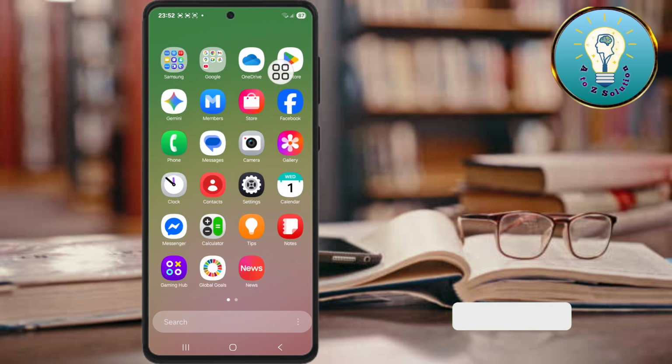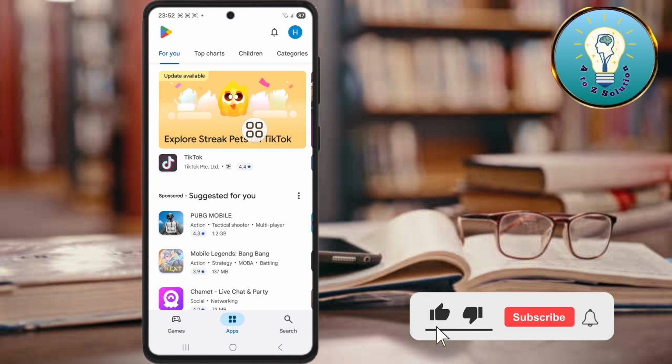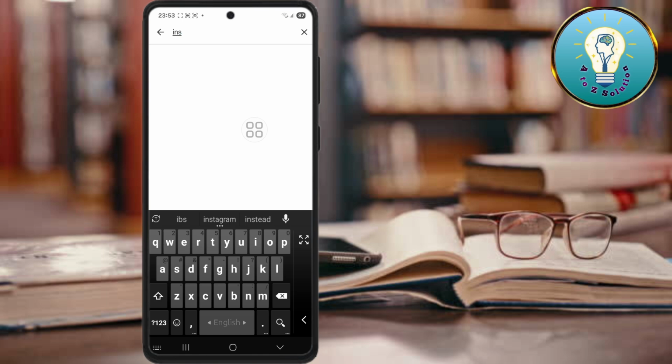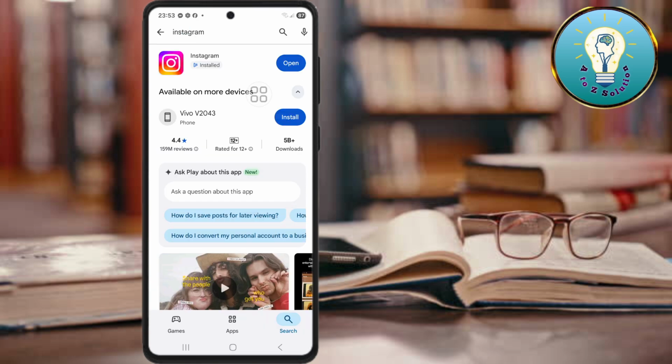Now first open your Play Store app, search Instagram. Now update your Instagram app. Finally, your Instagram app is updated. Back on home screen,